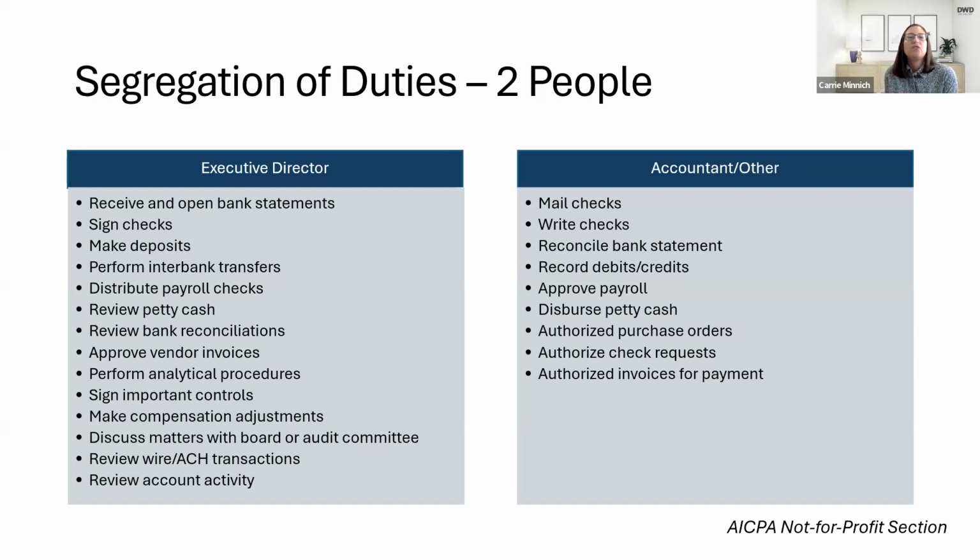The key about segregation of duties is thinking about, okay, what can this person do? If nobody else is in on it, if this one person, could they write a check to themselves with the organization's funds? Could that check clear the bank statement, and the money taken out, the bank reconciliation be done, and no one else notice it? Or if money's coming in, could someone obtain that check or that payment that came in? Could they take it? Could they somehow put it into their bank account and take it from the organization without anyone knowing? So you kind of have to think like a fraudster when you're thinking about this.